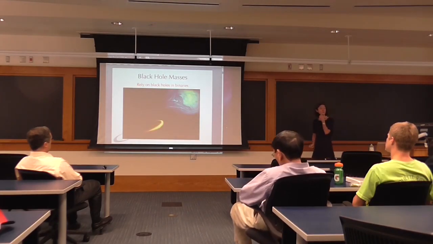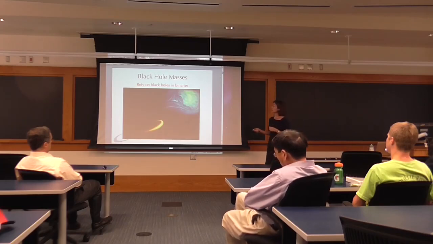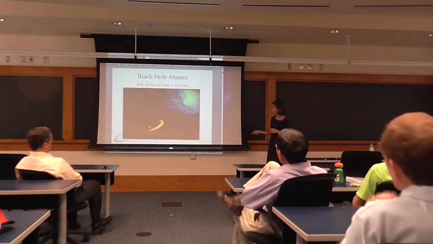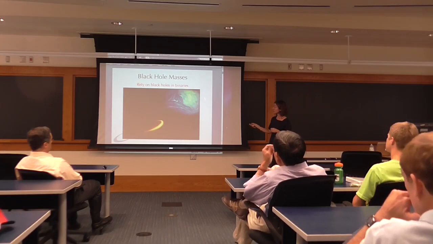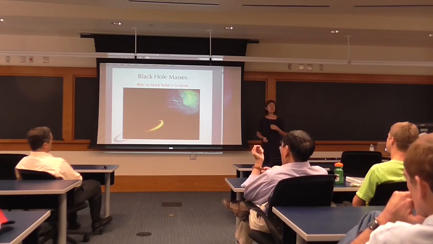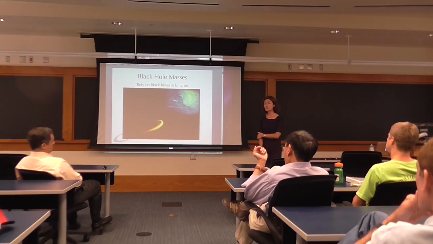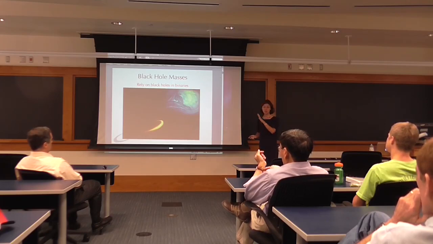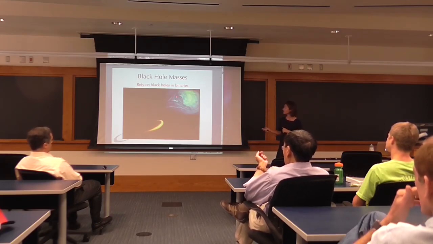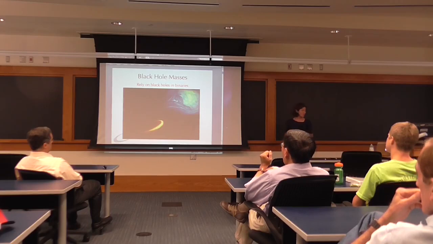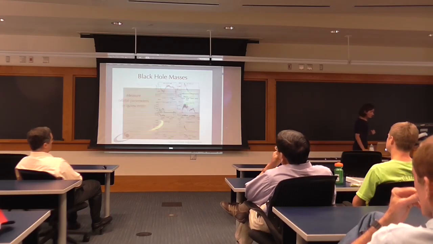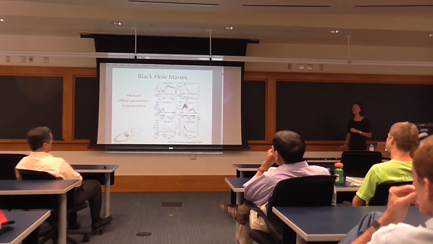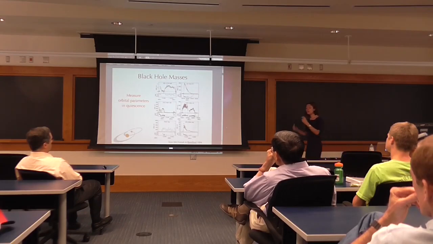Well, how do we measure black hole masses? Well, we rely on black holes in binaries. So if this is your black hole here, this is the companion star. There are attempts to measure masses of isolated black holes using microlensing, but I'm not going to get into that. None of the data that I show relies on that. So if it's accreting mass from a companion, the first thing you can look at is the orbital parameters. What is the orbital period? What is the